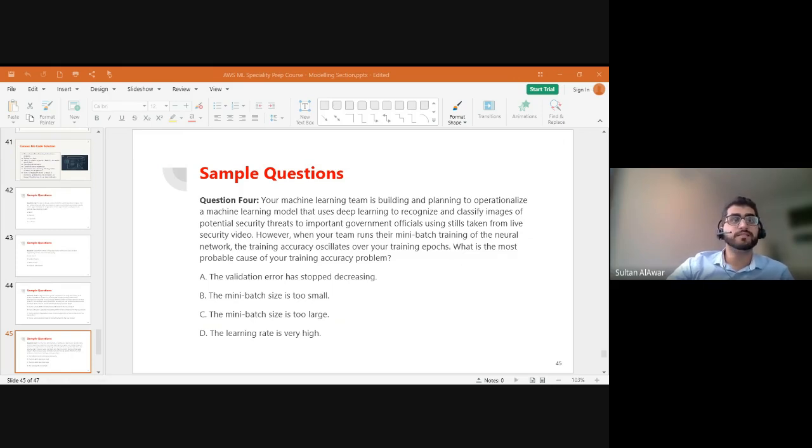So keywords here: training accuracy oscillates, mini-batch training, and what's the probable cause for that. We did cover that on our previous slides. While training deep learning networks, we need to look into learning rate and batch size. When the learning rate is high, it might help us overshoot the correct solution and miss outliers, and the training accuracy will oscillate. As a rule of thumb, when training a deep neural network, we should opt for low learning rate and